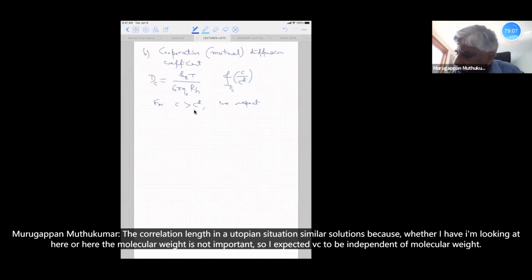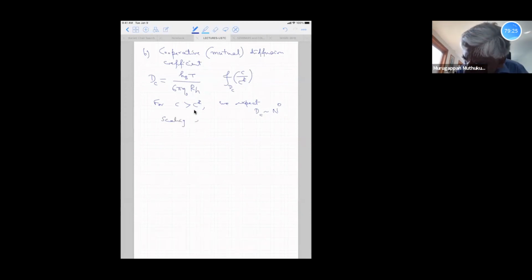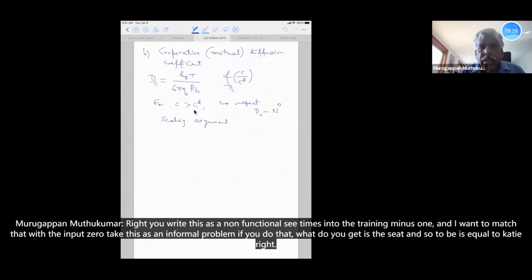So I expect DC to be independent of molecular weight, because they are intermingling and I'm looking at concentration fluctuations, not at one polymer chain but on an average at how these molecules are behaving. If you do the scaling argument, you write this as an unknown function of C times n to the 3 nu minus 1, and I want to match that with n to the power 0. Take this as a homework problem. If you do that, what you get is that DC turns out to be equal to kT,